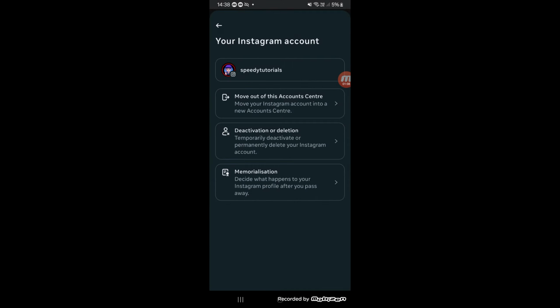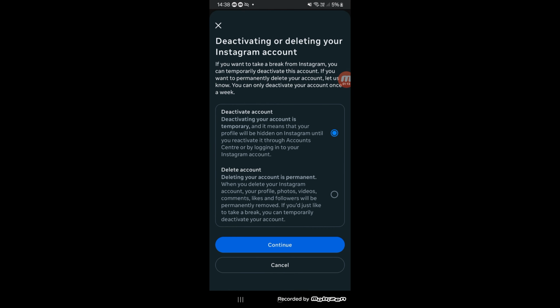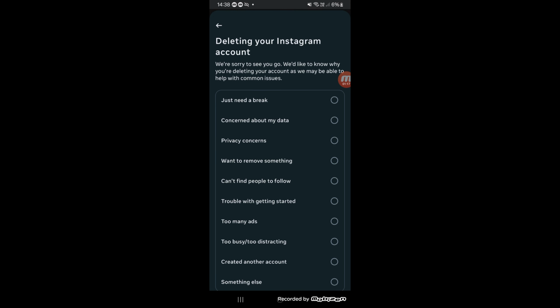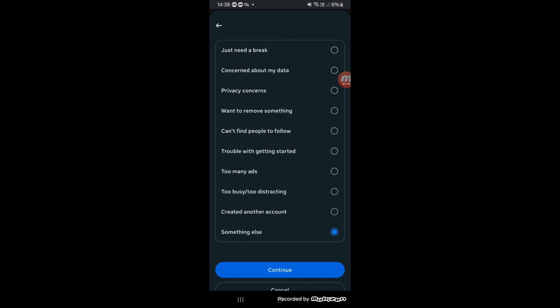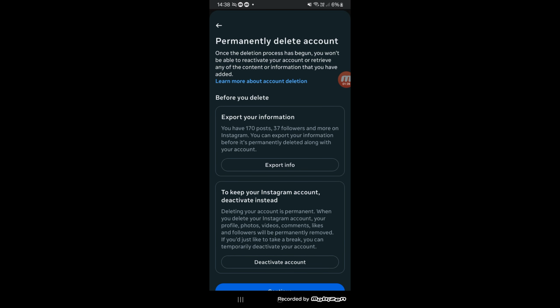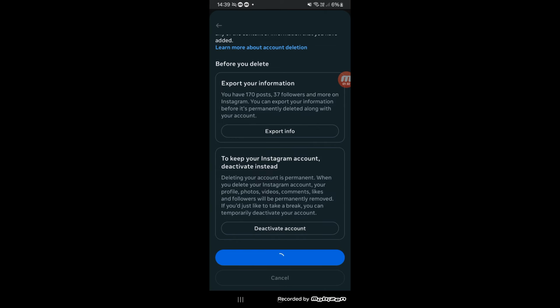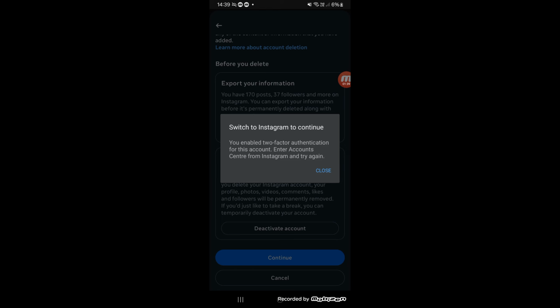And then click on Deactivation or Deletion. And then click on Delete Account if you want to delete it. Continue. Select the option that you want. And then continue. You can read through all of this if you want, but for me, I'm trying to continue to delete my account. Now for me, since I have two-factor authentication enabled for my Instagram account, I'm going to